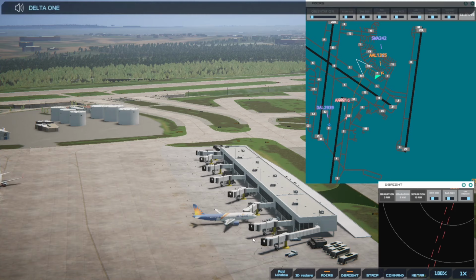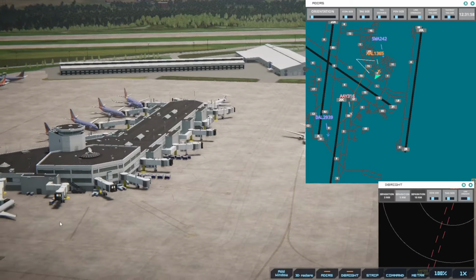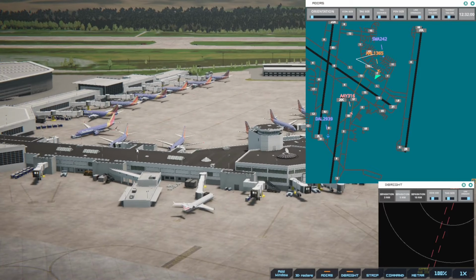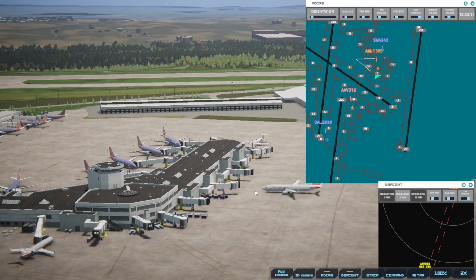Delta 2939, runway 2 left, cleared for immediate takeoff upon reaching altitude 500. Contact departure. Runway 2 left. Cleared for immediate takeoff on reaching altitude 500. Contact departure. Delta 2939. So they are pushing back. Get that going. The American's tucking in there. So